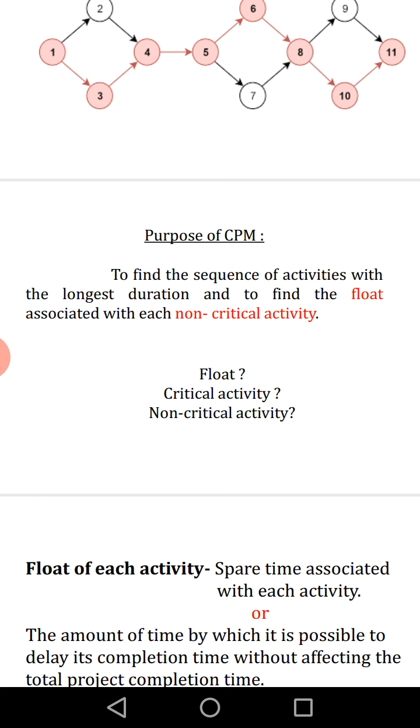Now we'll see the meaning of float, critical activity and non-critical activity to have a better understanding of the purpose of CPM.